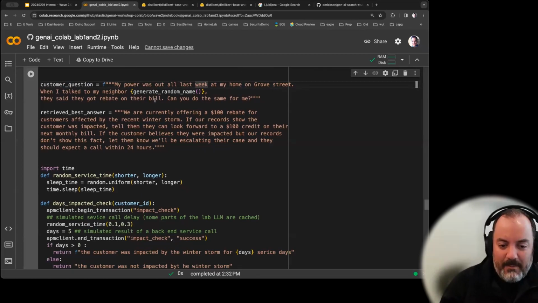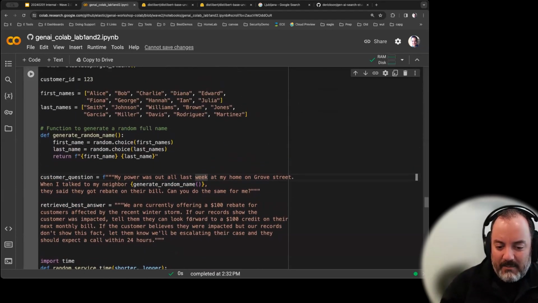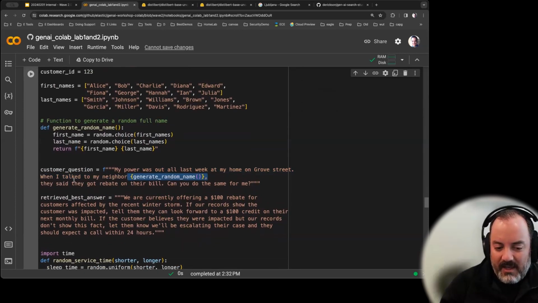When I talk to my neighbor, and I'm going to use a random neighbor's name so that I get past any caching that I've built into the proxy, they said they got a rebate on their bill. Can you do the same for me? The question is, can I do this without sending their neighbor's name, which is personal information, over to the third-party